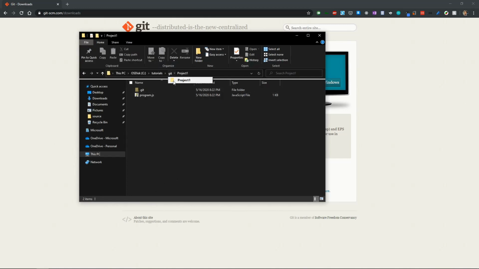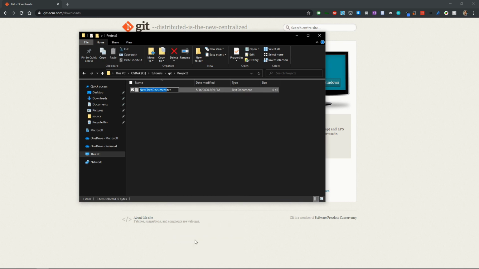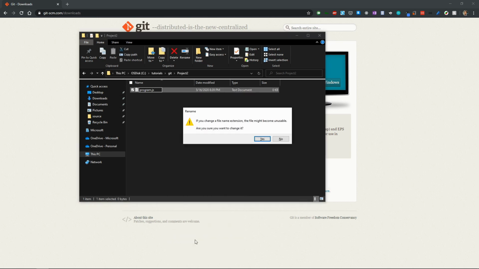So let me create another folder called project2, and I'll create the same file called program.js as I showed you in the existing repository which I created for demonstration purposes. So let's create a new file, and I'll name it program.js. Okay.